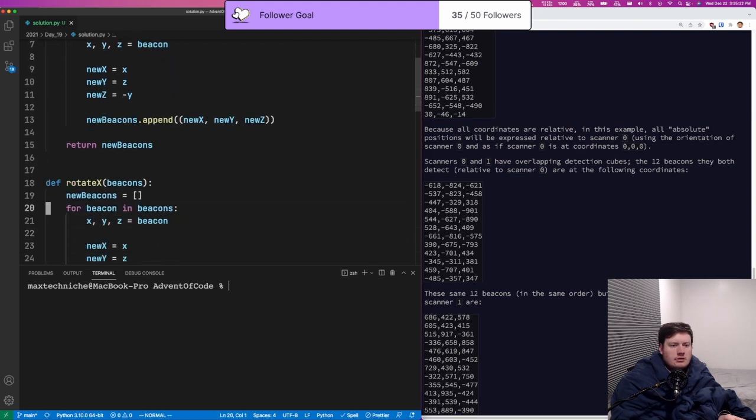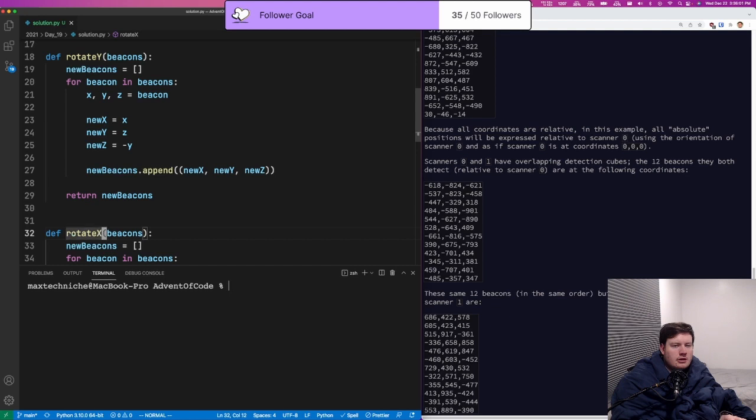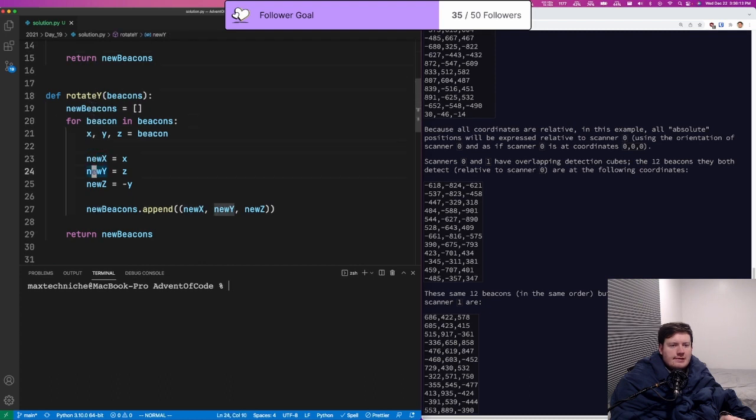Okay, so rotate Y, rotate Z. Okay. Let's change these. Okay, so for Y,